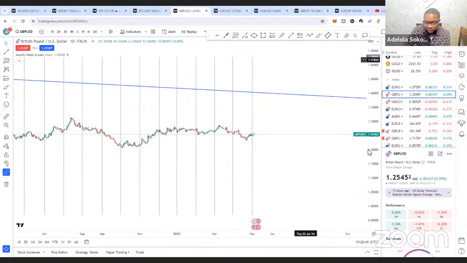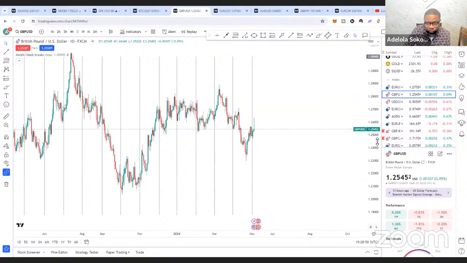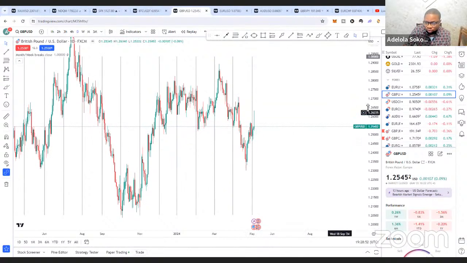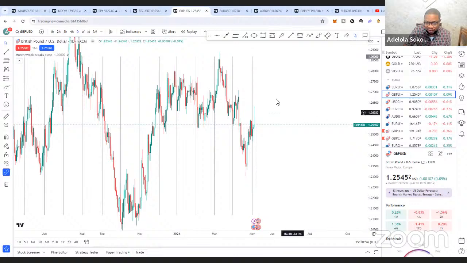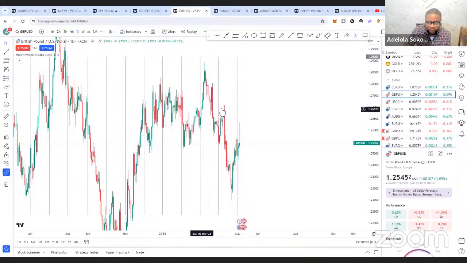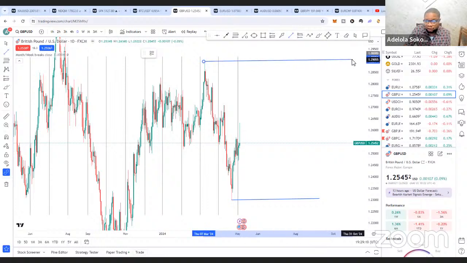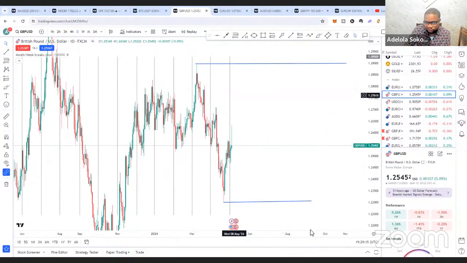If you look at it, let's look at the daily time frame. We check the daily time frame first. We saw this pullback. This pullback is telling me that you see this strong pullback after NFP on Friday. So we are still within this zone. Pounds is still trading within this. This is actually our swing structure for pounds on the higher time frame, this area. And you can see that this is a bullish